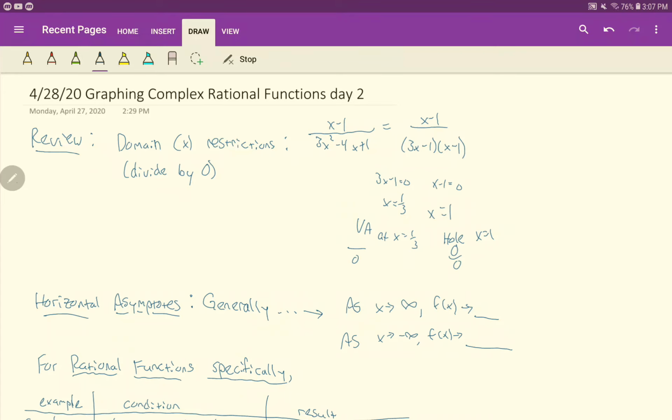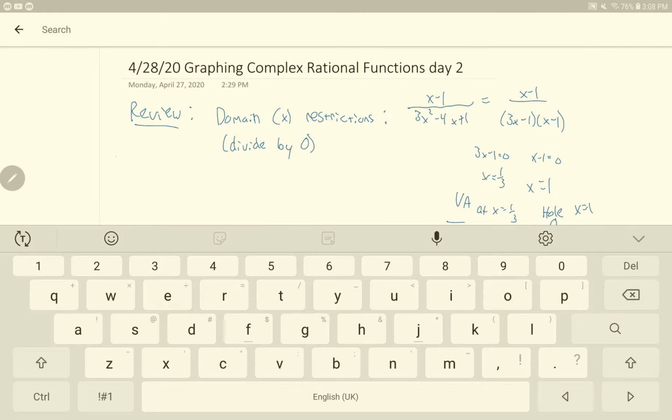All right, so we are going to take a look here and see how this video goes. This is our second day looking at graphing complex rational functions, and I'm a little concerned that I'm trying to squeeze in too much in this lesson here. If you watch the optional video, you at least have a little bit of background about the horizontal asymptotes, which is a new aspect we're going to be adding into our